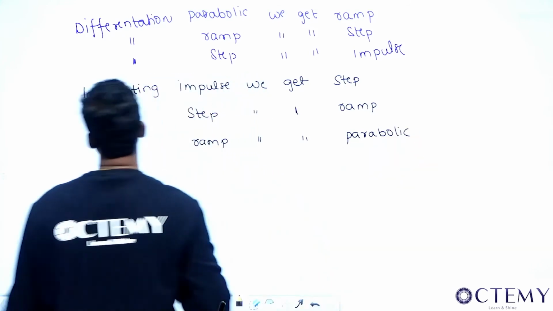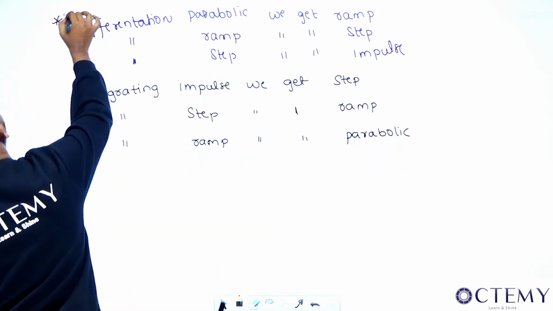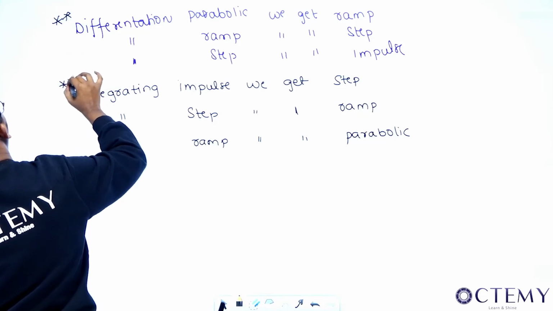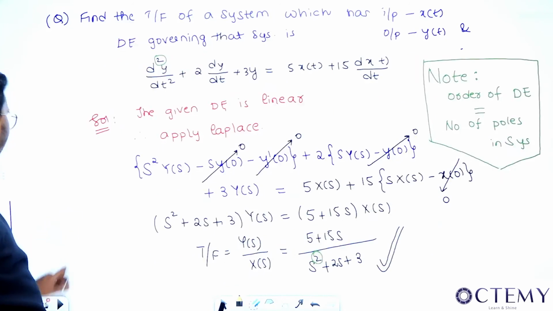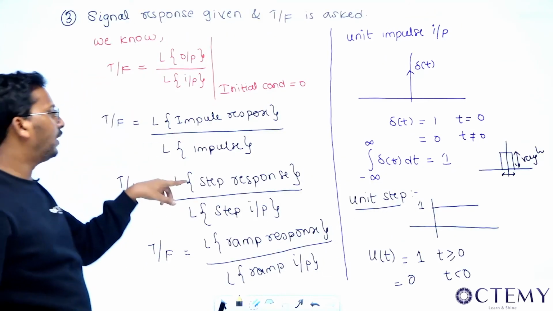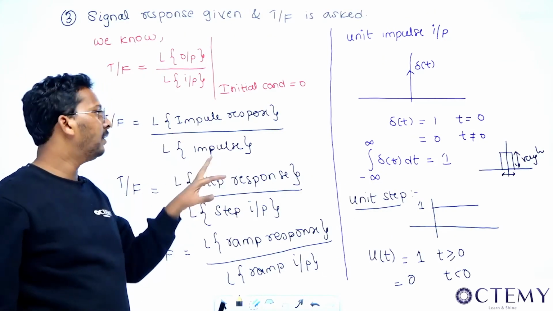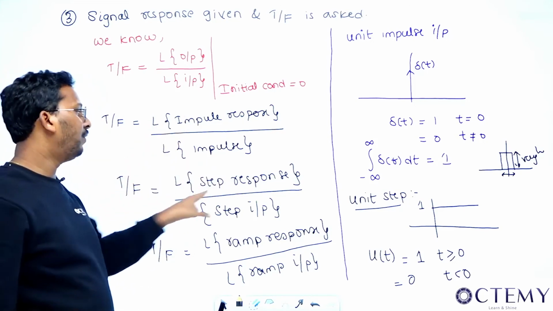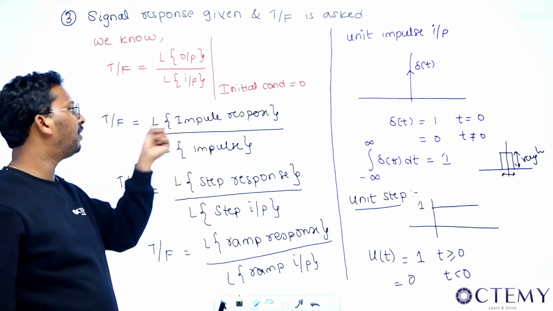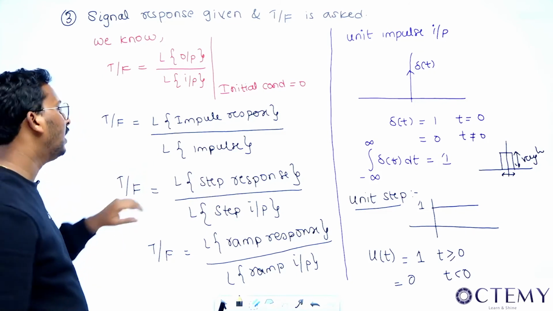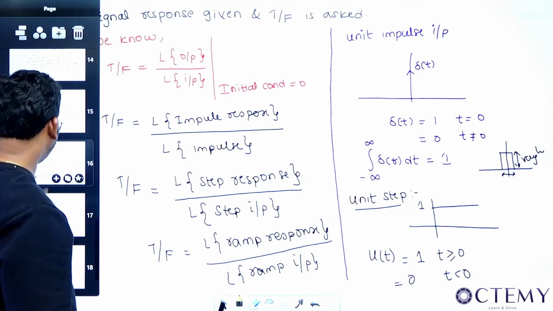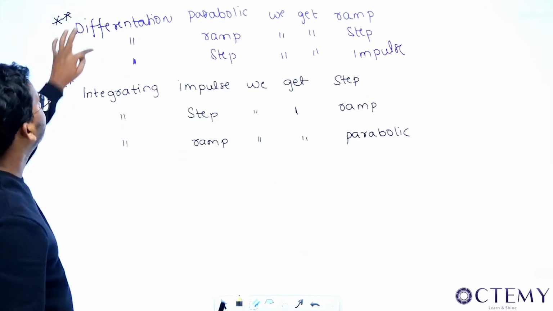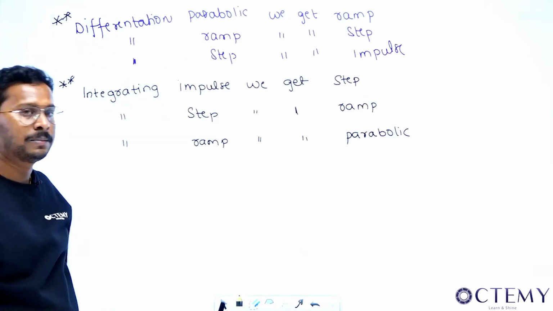So sometimes this can be directly used to solve any given question, or to check the options, or even to find the transfer functions. He will say that so and so is the step response, then find the impulse response. You differentiate that function and then apply the Laplace transform. What will you get? If you differentiate the step, you'll get the impulse. That's what I've written in this particular slide. So let me do a small question on this.